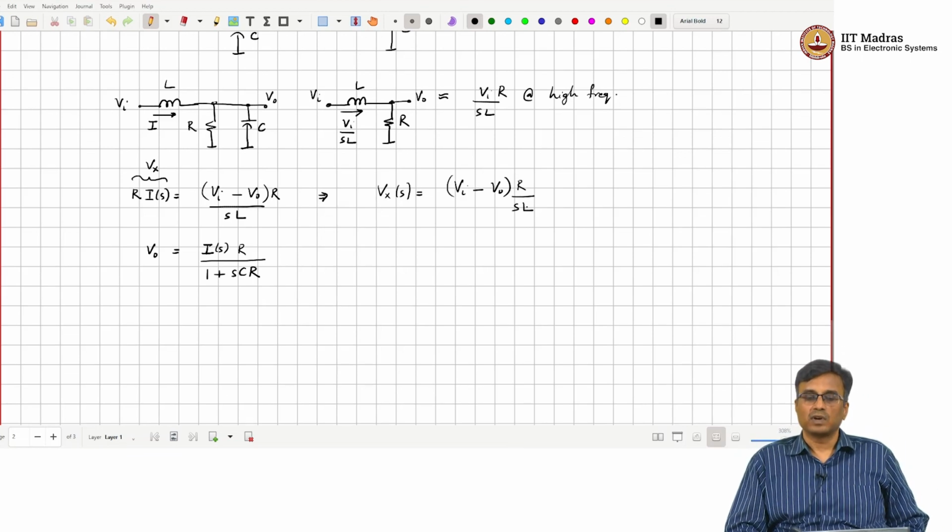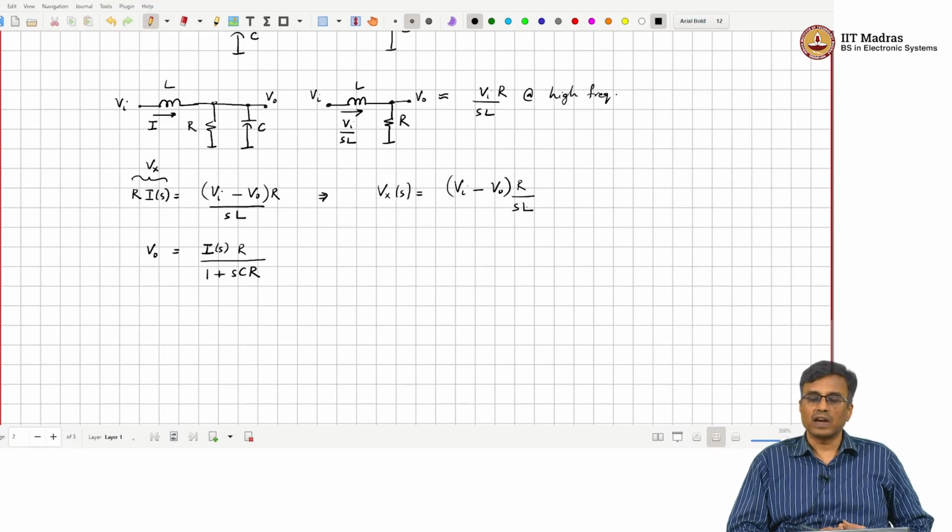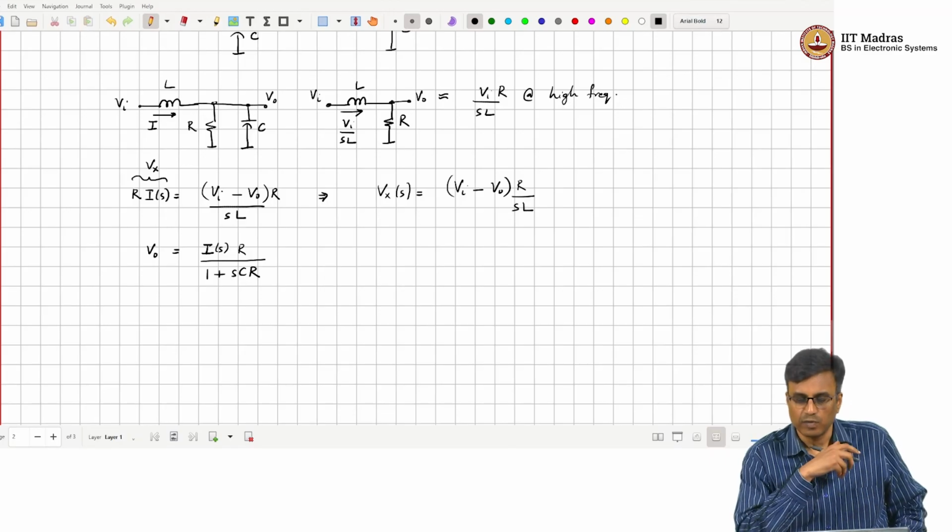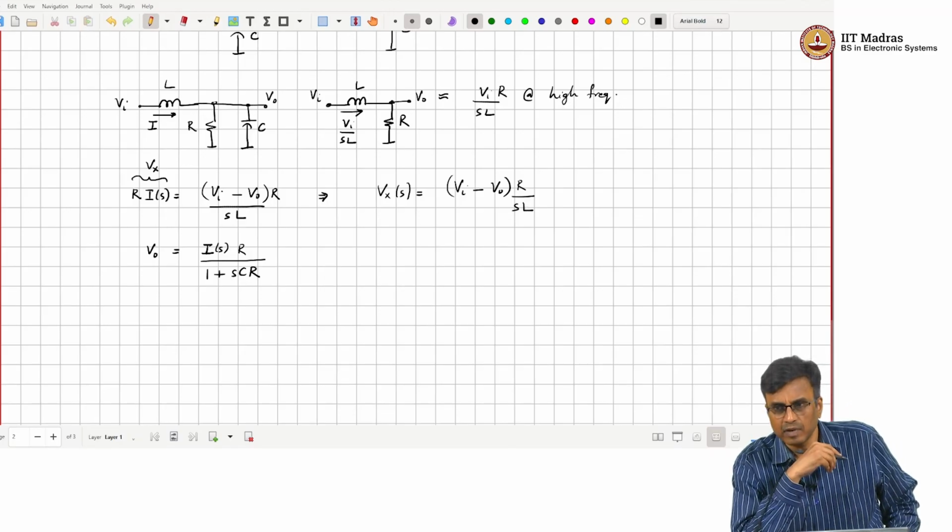So, how is Vx related to Vi minus Vo? In English, what does it mean? What is R by SL? What kind of operation is it? Integration, right? So, Vx is nothing but the integral of Vi minus Vo,